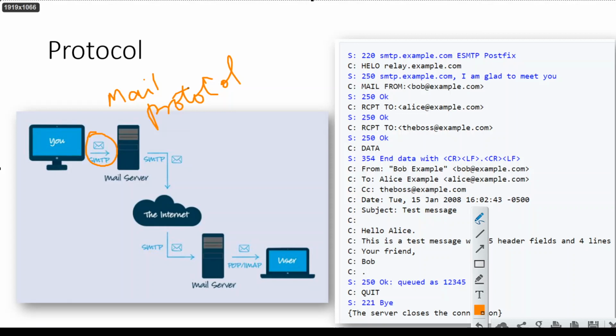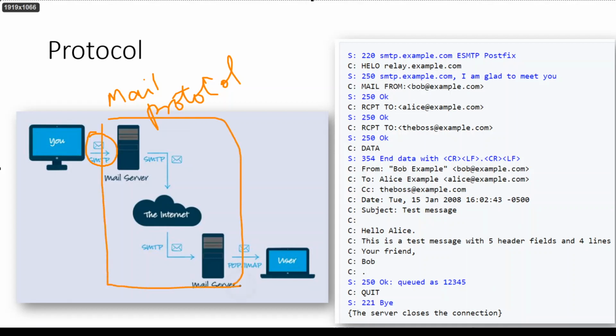So you can check that offline. This transport part is taken care of by SMTP. It's like a courier service. And then it dumps it into the nearest mail server.